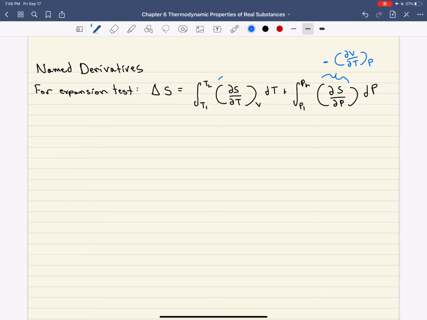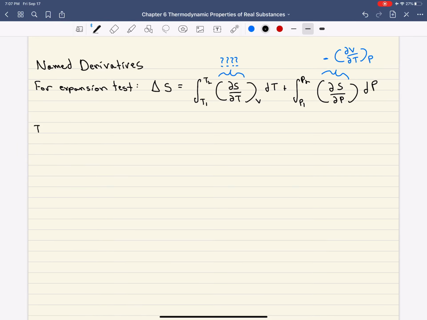But for dS/dT here, our relationships didn't really give us anything that could be useful. We didn't find anything in which we could translate a measurable property into dS/dT. Okay, and so to get dS/dT, what we're going to look at is something that we've already seen previously, that you have seen since MEB1. And so to get this, we're going to revisit the fundamental